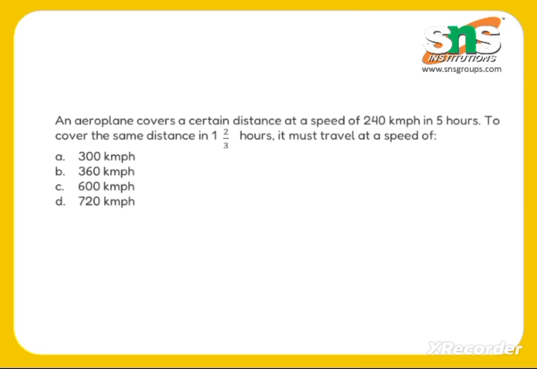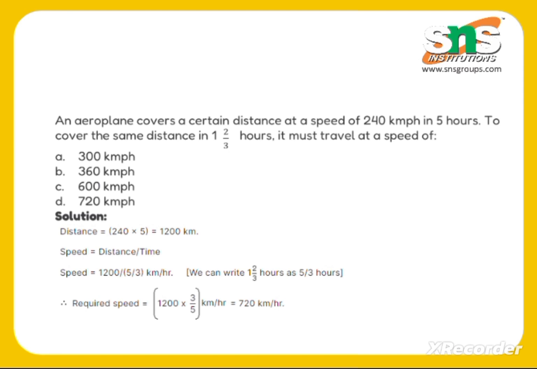In continuation with the previous problem in the aptitude series on speed, time and distance, we will learn some more problems. Now the first problem: an aeroplane covers a certain distance at a speed of 240 km per hour in 5 hours. To cover the same distance in 1 2/3 hours, it must travel at a speed of how much? Okay, so here the question is, an aeroplane is traveling a certain distance, that is 240 kilometers per hour for 5